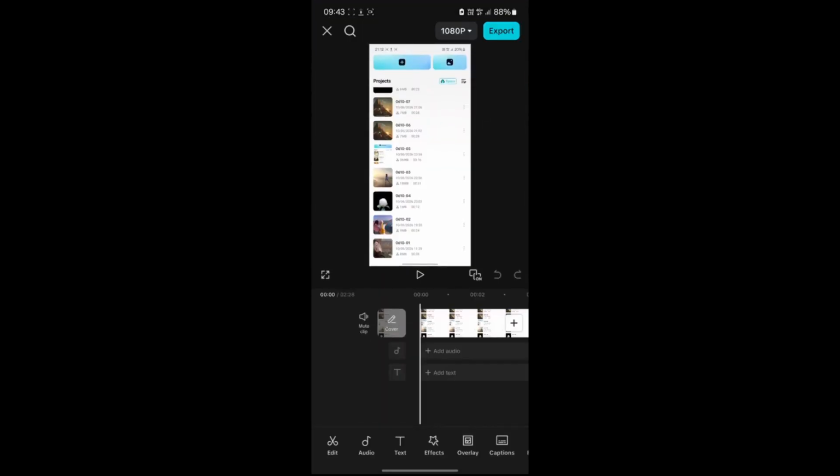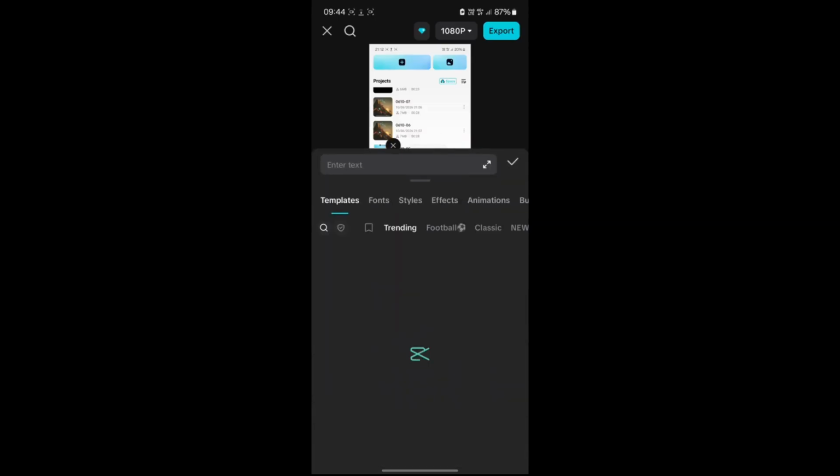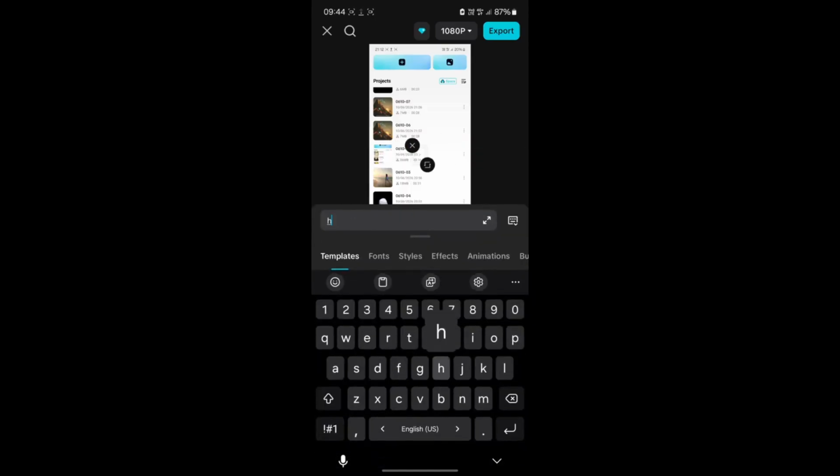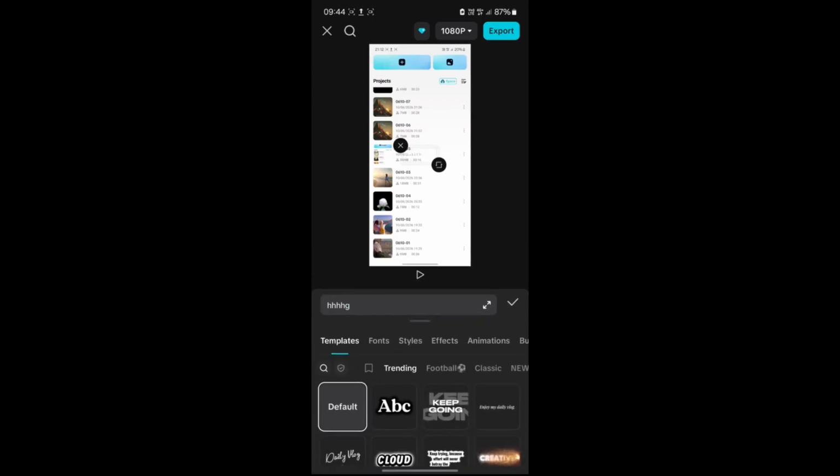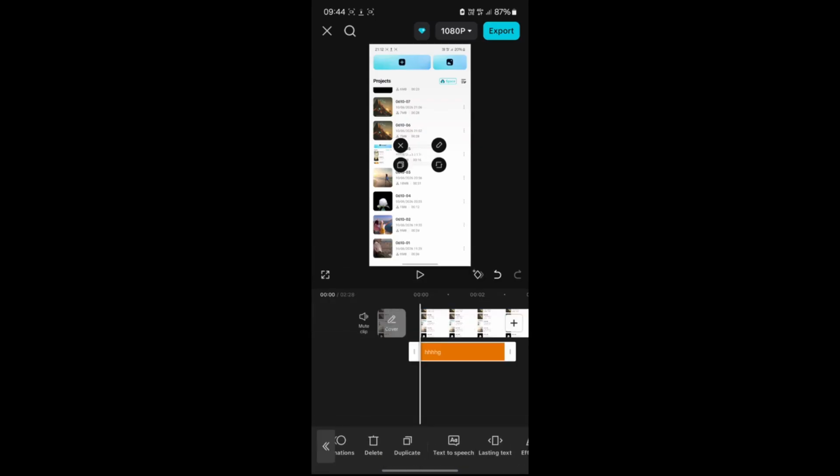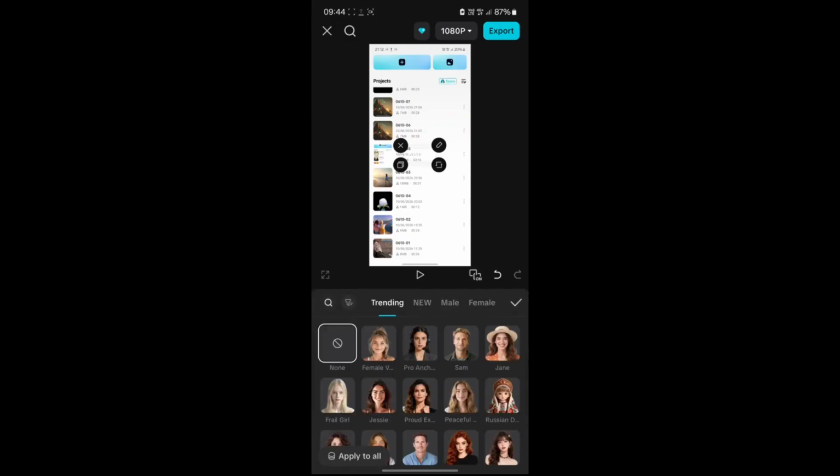Simply enter this section, carefully add your images, then click on the text option. After that, proceed to add your text, making it all come together perfectly. You add various text, then click Done, and after that you simply press Text to Speech. As you can see here, very easy. Here you can choose any voice you like that will perfectly narrate your video, making it engaging